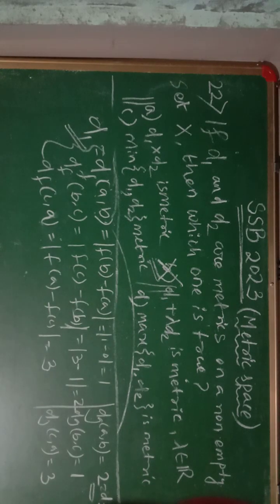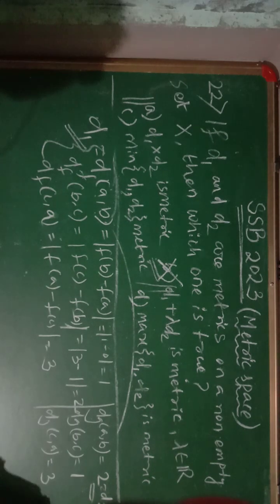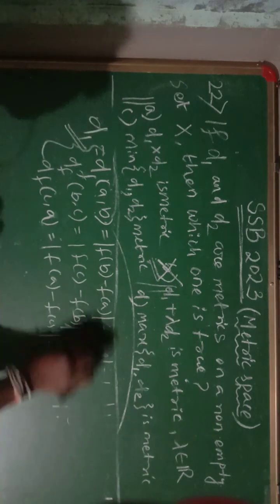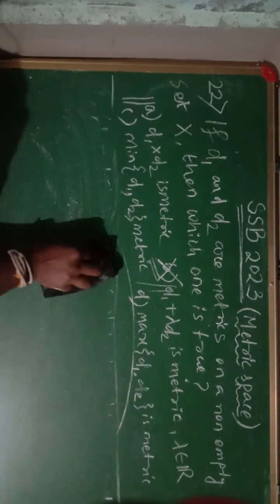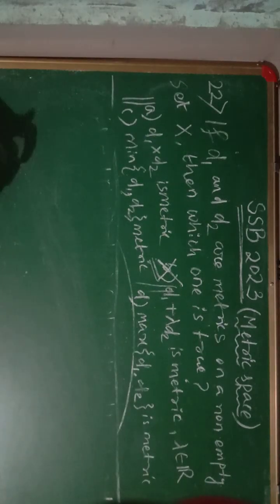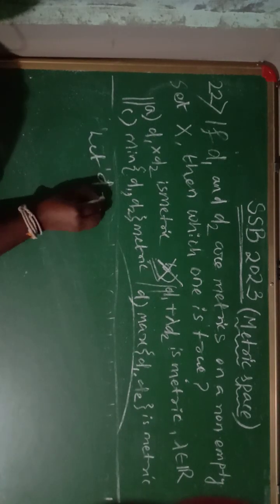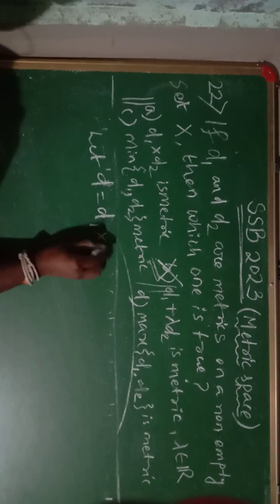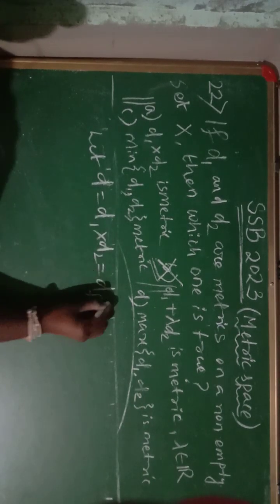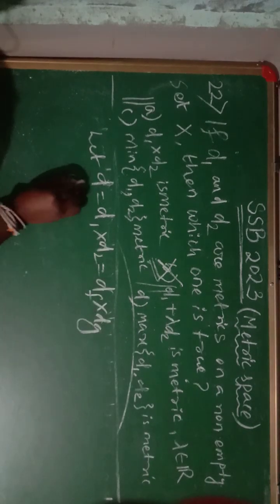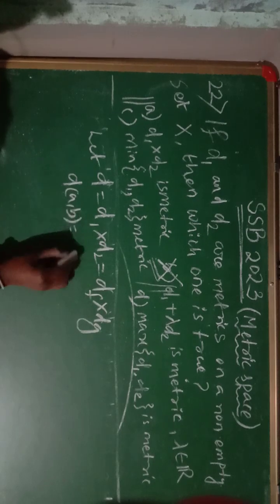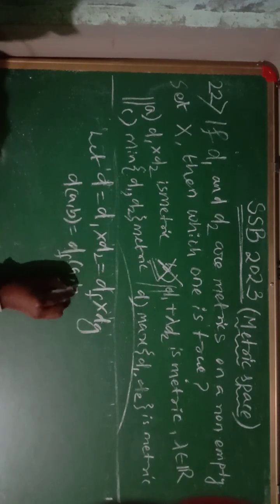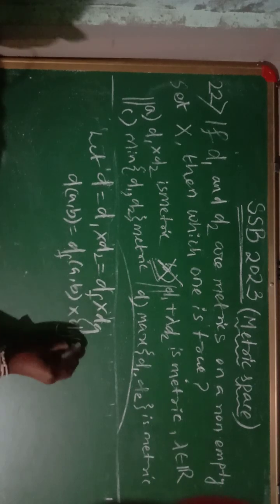So now we have to verify D is a metric. D equals how much? D1 cross D2, which is equal to DF cross D2. Now we have to verify whether this is a metric or not. Let D be a metric. This is equal to D1 cross D2, which is equal to DF cross DG. So D of A comma B is equal to DF of A comma B cross DG of A comma